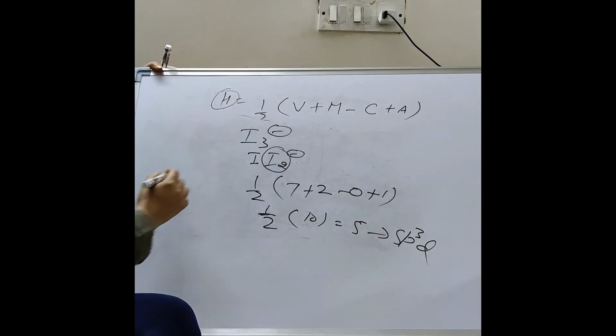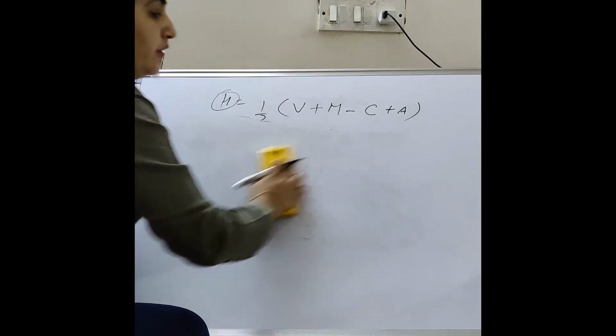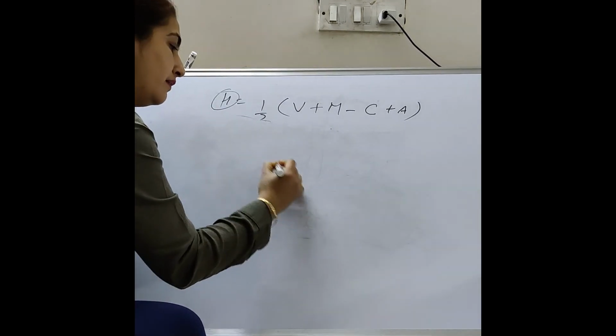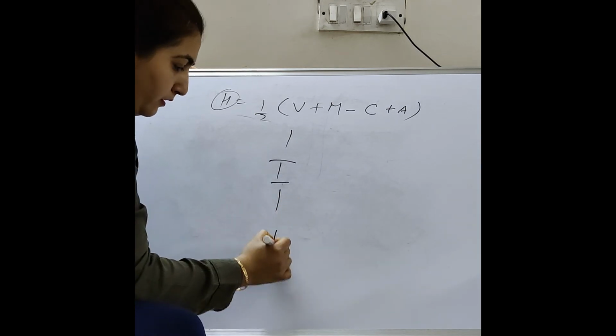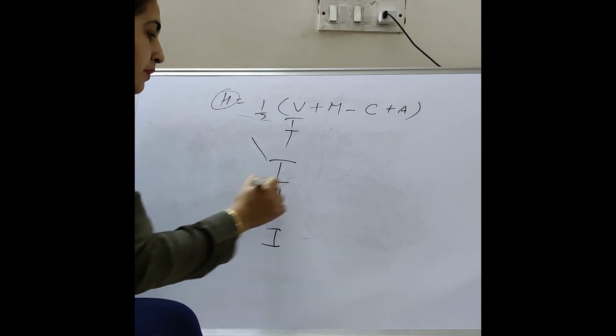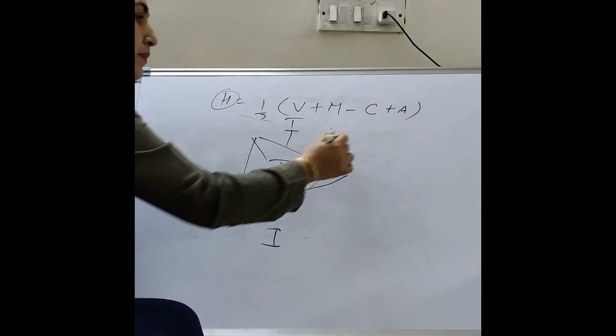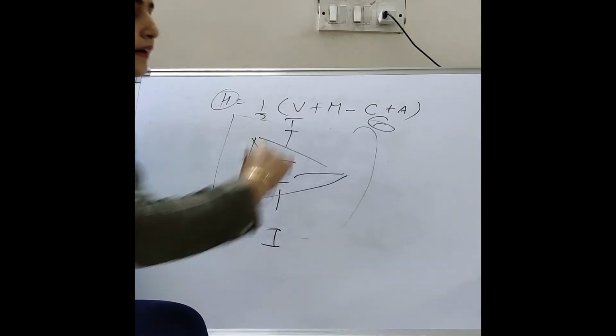How will it get arranged? Look here. Because we have only 3 iodines, this is the central one. One goes to the axial position, the other goes to the axial position, and the equatorial positions are all vacant. Like this it will go. And it will have the overall charge of negative.